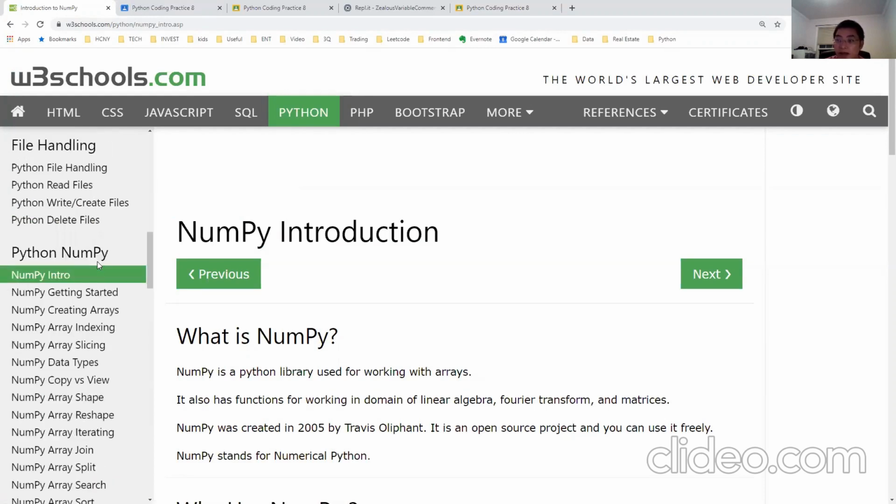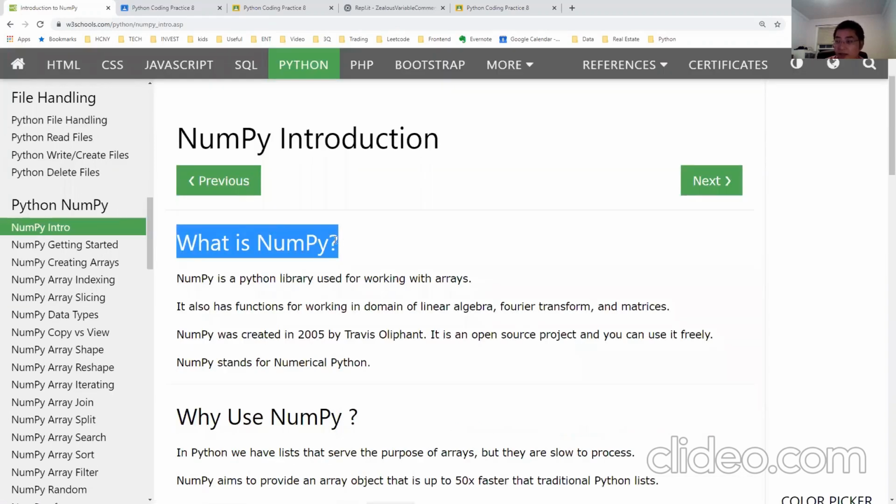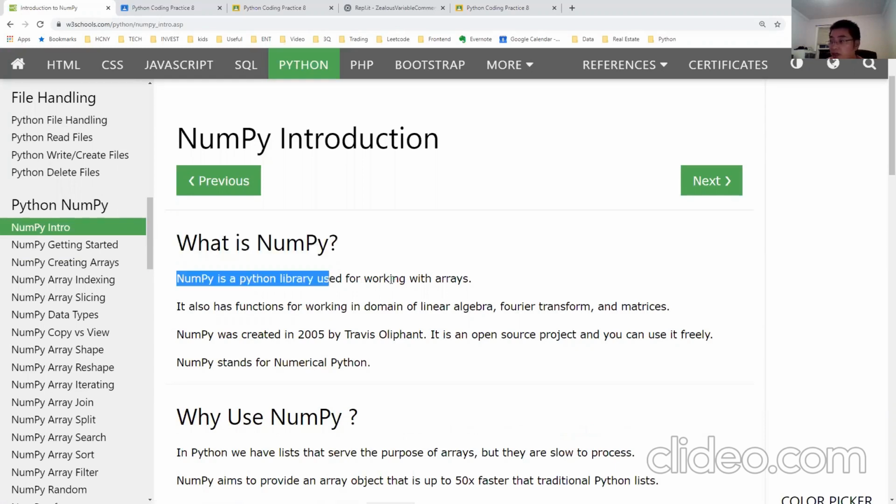If you look at the diversity school, Python NumPy is a separate module. NumPy, okay. What is NumPy? You can see it consists of number and Python, right? You must know that's related to the number functions in Python. NumPy is a Python library used for working with arrays. Okay, there are two keywords here.